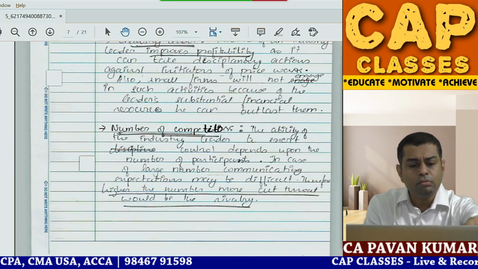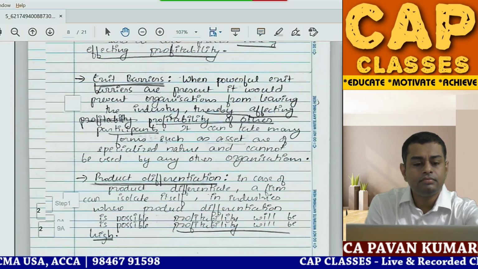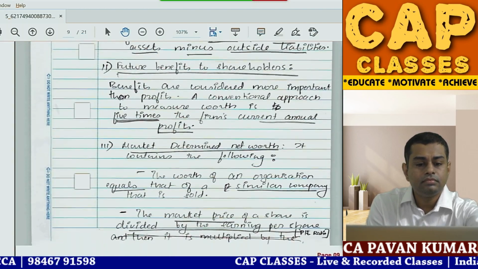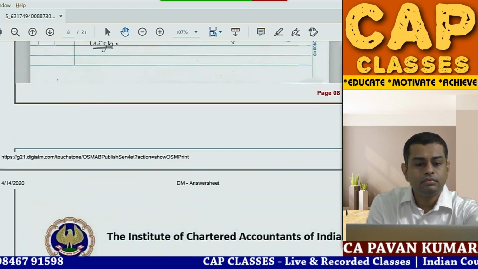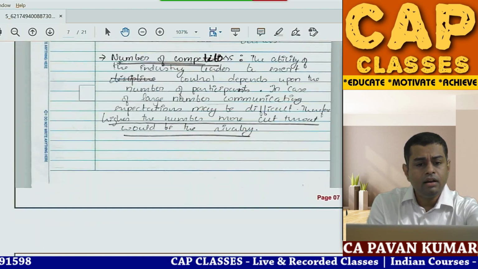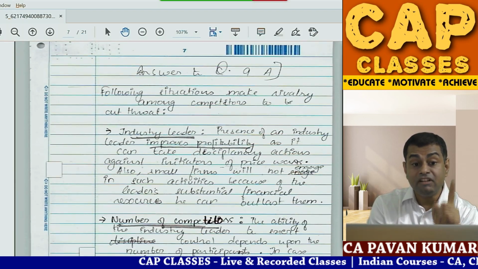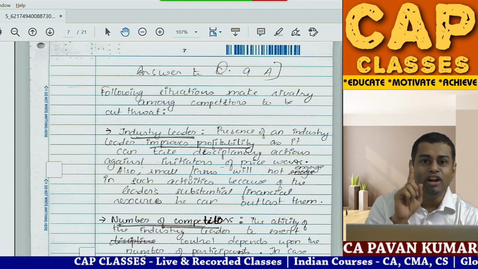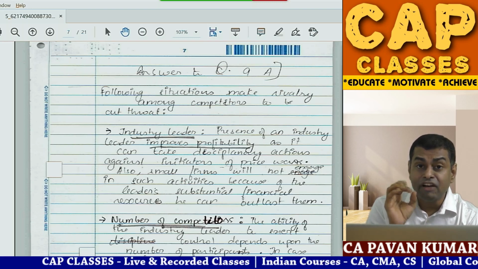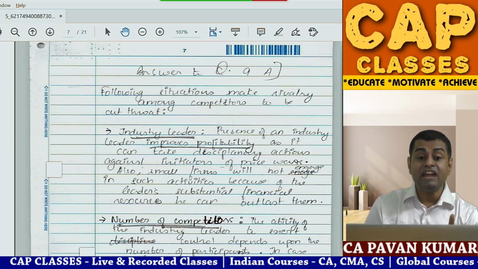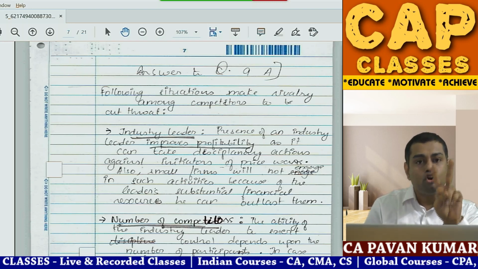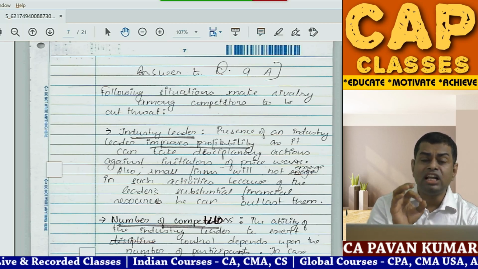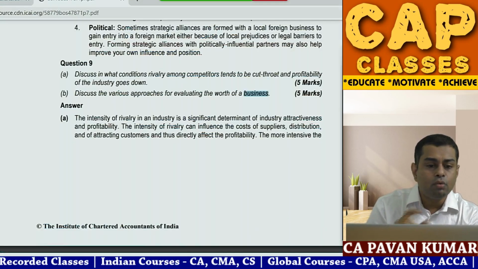9A, why did he get only 2 marks? He has written 2 sides. Did you observe? In 9A, he has written 2 sides of the paper. In 9B, he has written only 1 side of the paper. Are you understanding? For 9B, he got 5 out of 5. For 9A, where he wrote 2 pages, he got 2 marks. Try to understand, not the quantity, the quality speaks. So what is this question?